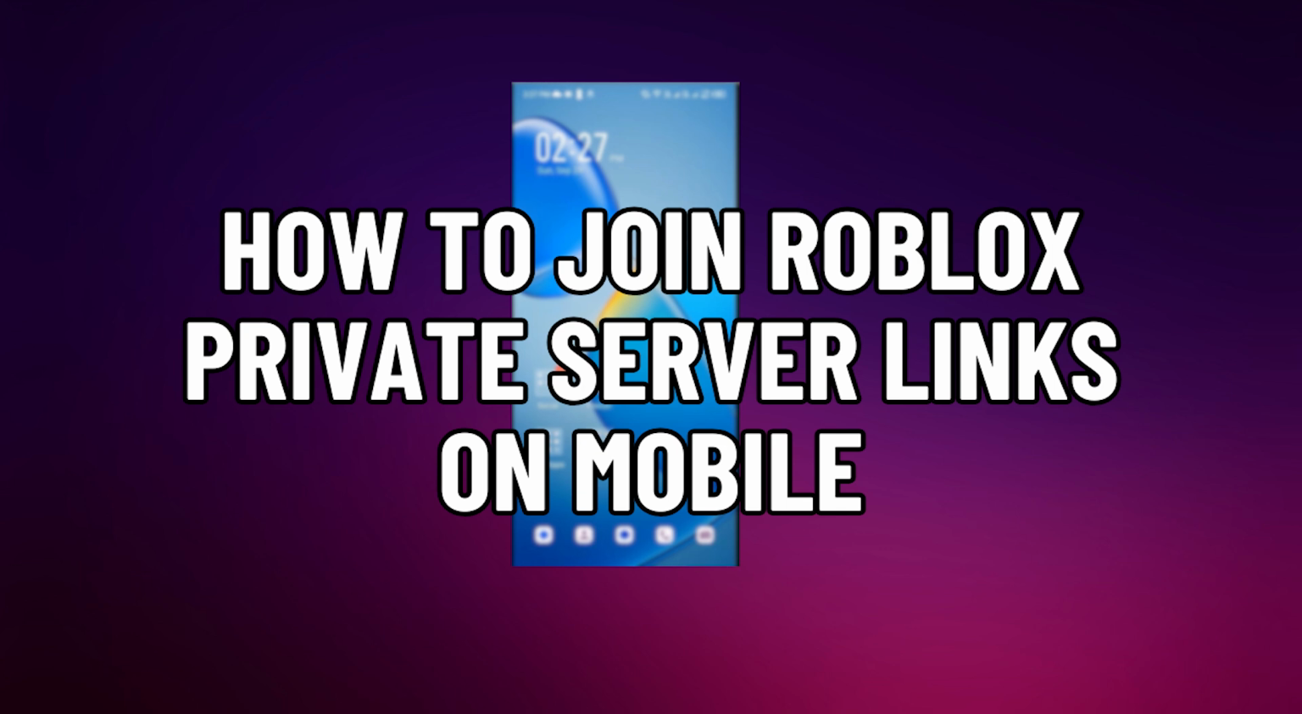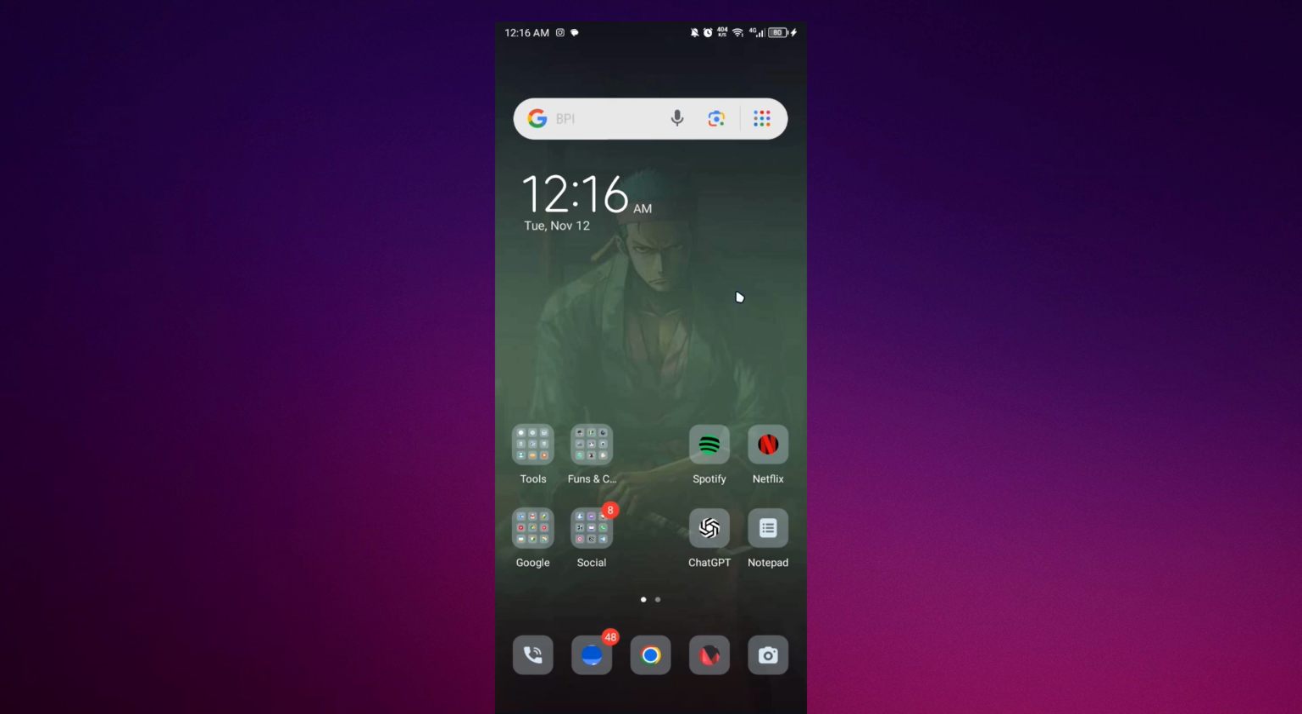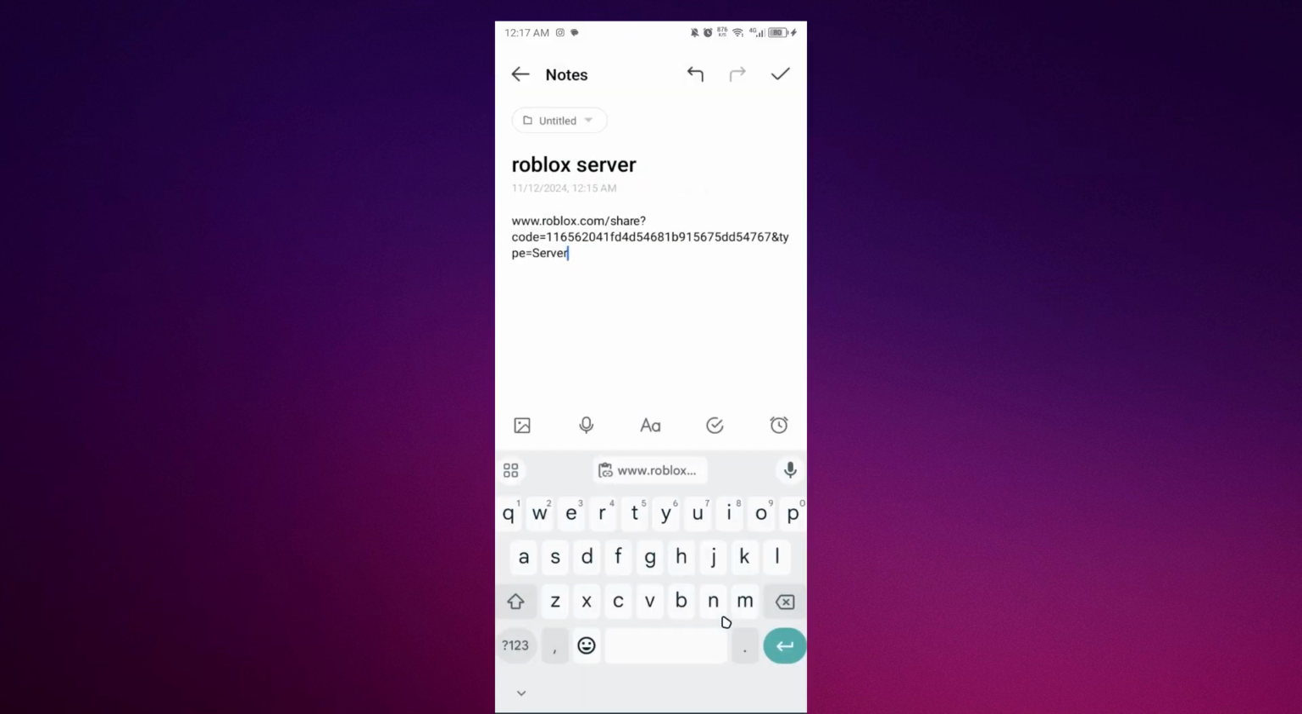How to join Roblox private server links on mobile. So first off, you just have to copy a private server in any websites. So for me, I just have my own server in here in my notepad, and as you can see, you should copy this